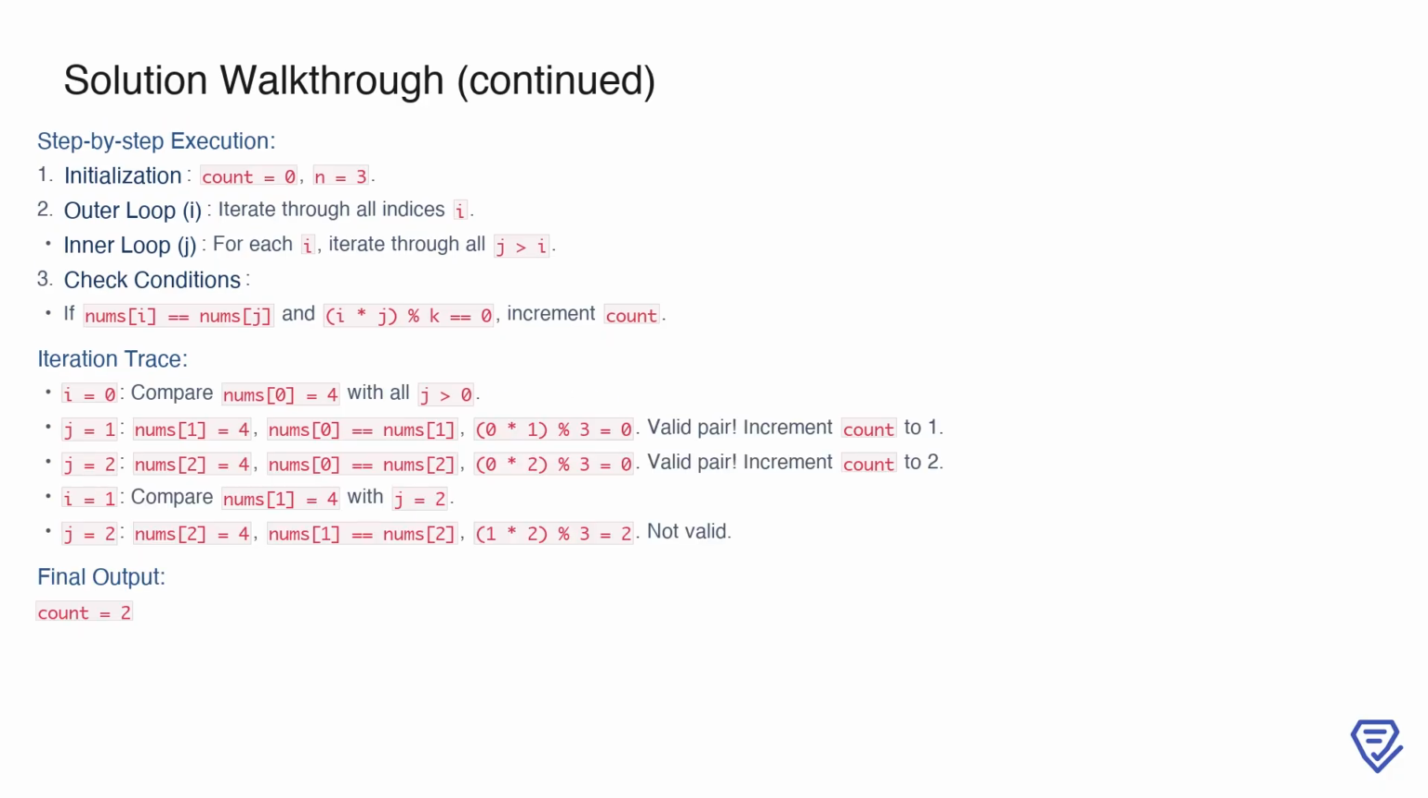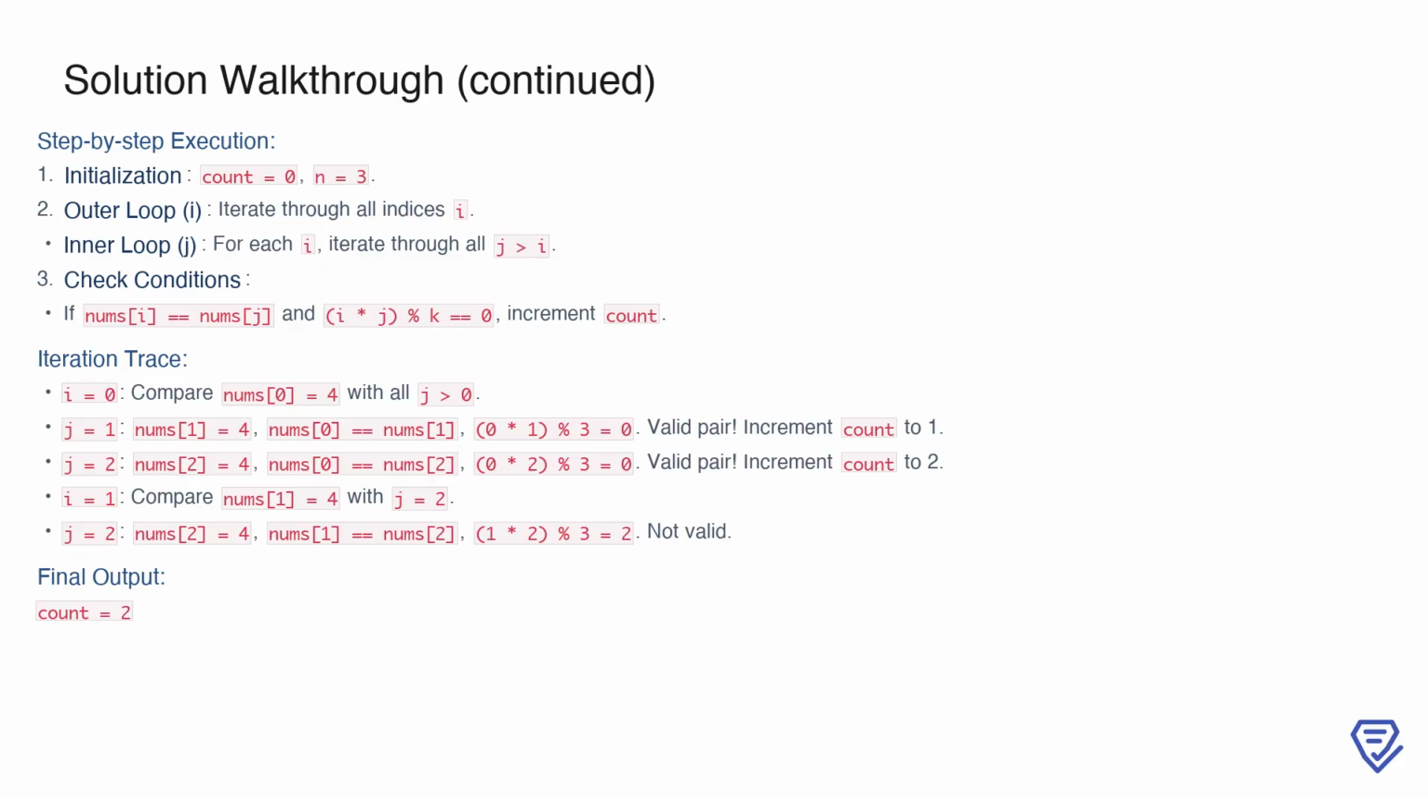In the third example, we examine the case where nums equals [4, 4, 4], and k equals 3. Once again, we initialize count to 0 and loop through all indices using the nested structure. For i equals 0, nums[0] equals 4, and we compare it with all elements where j greater than 0. At j equals 1, nums[1] is also 4, satisfying the equality condition. The product, 0 * 1, is 0, and since 0 % 3 equals 0, we have a valid pair, so we